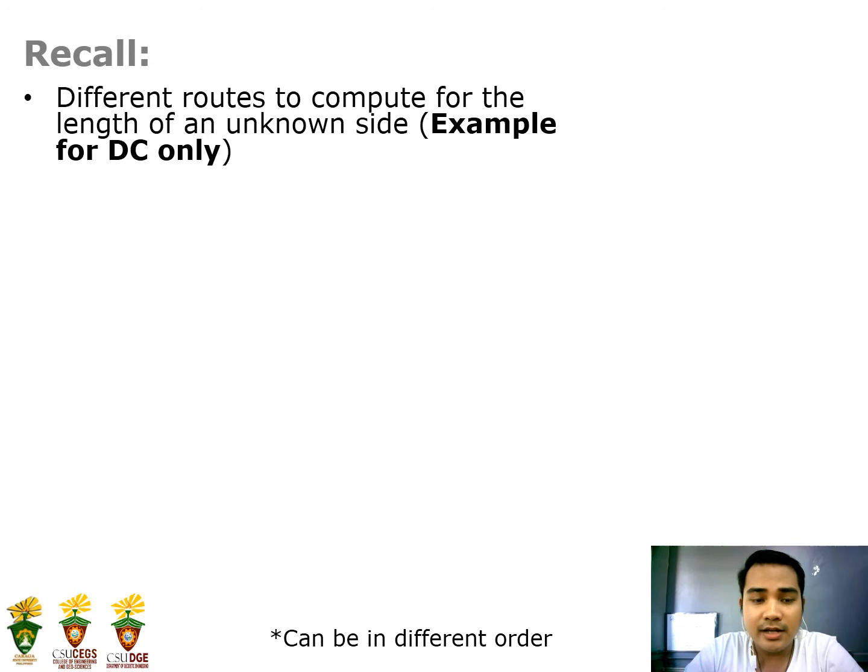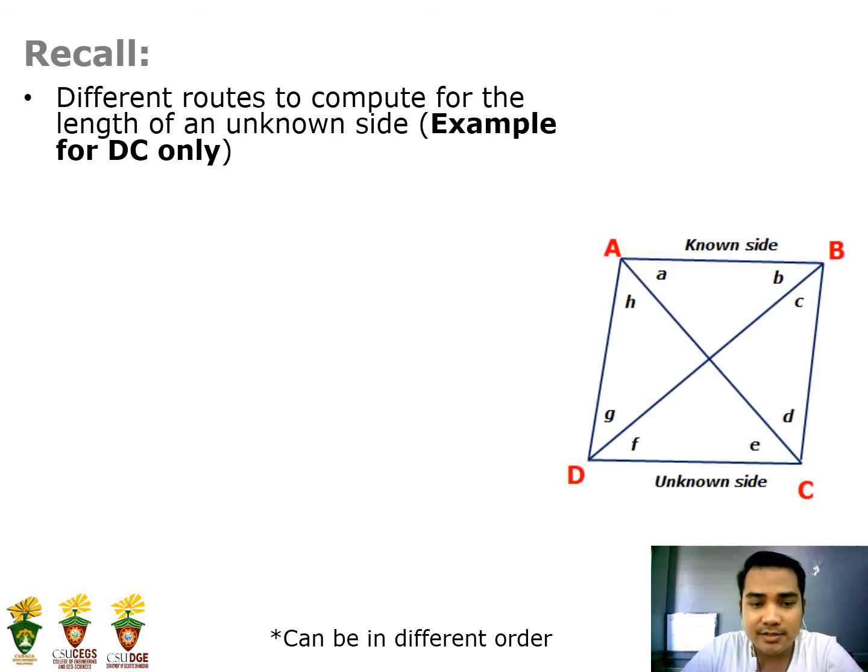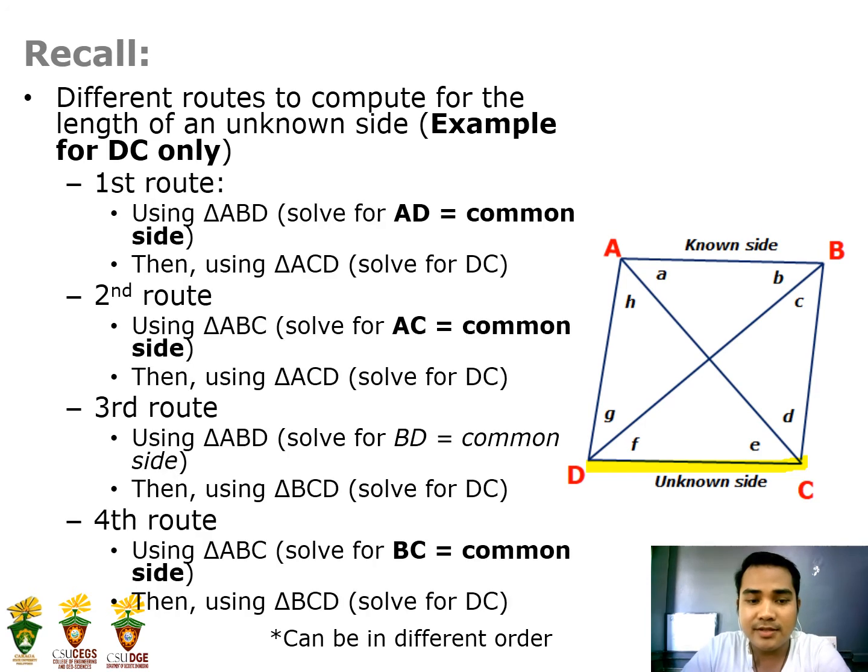So here are the different routes to compute for the length of the unknown side. For example, the unknown side in this figure is DC. So drawing a part, line DC, this is the unknown part. There are 4 different routes to consider to compute the unknown side. The first route is using the triangle ABD, which is the first triangle,